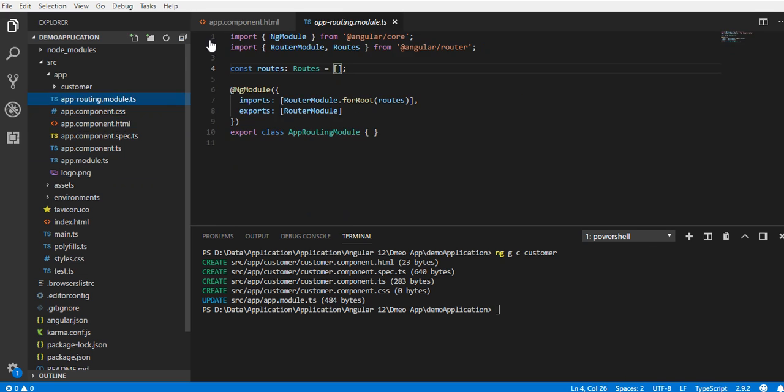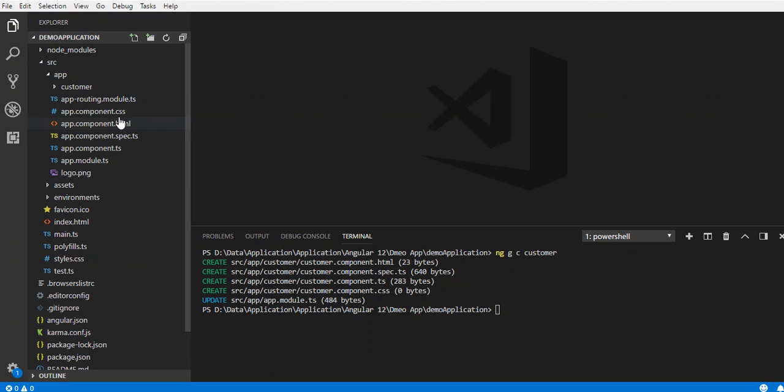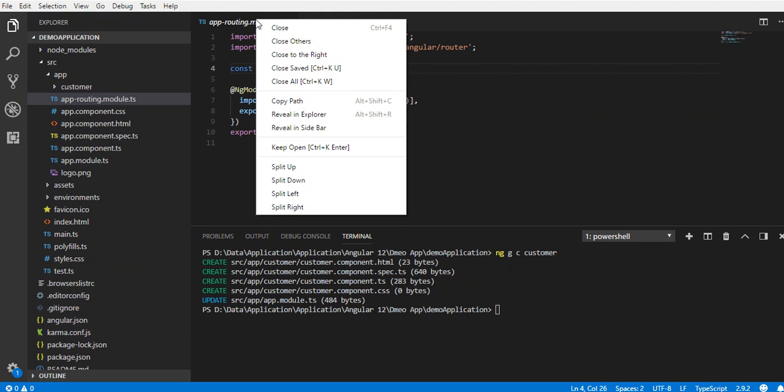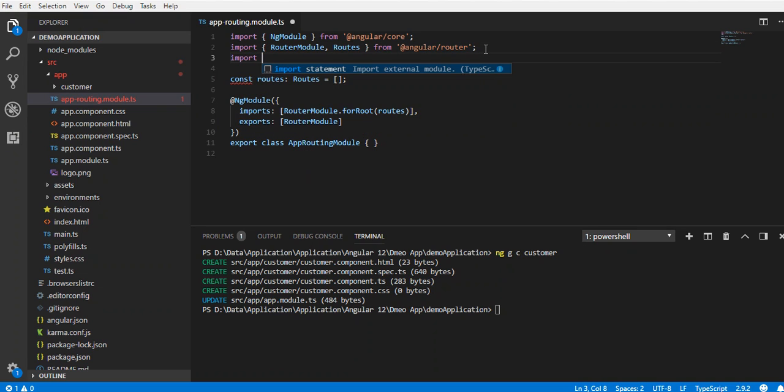So let's go to the routing file. Here we'll define the routes. First we need to import all the components.